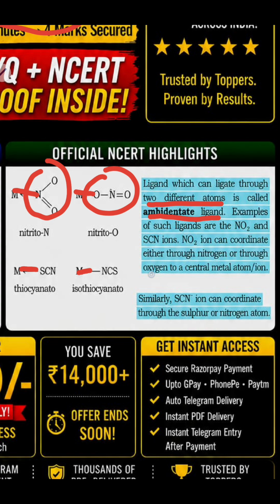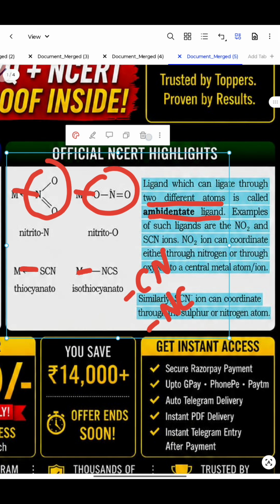So those which can ligate through two different atoms are called ambidentate ligands. What are the other examples we have? One is CN, another one is NC. Usually from these 6 examples you can see a question in the exam, but the point of discussion is that